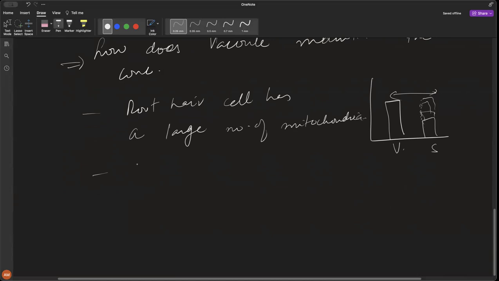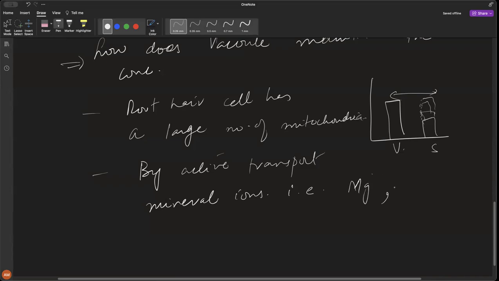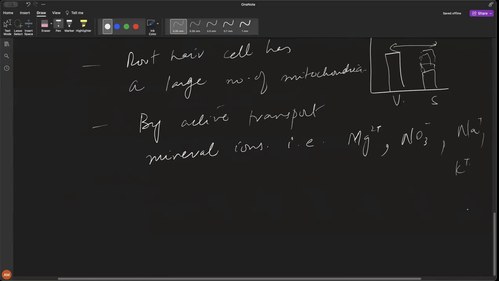So by active transport, mineral ions like magnesium, nitrates, sodium, potassium, such mineral ions are taken up by a root hair cell